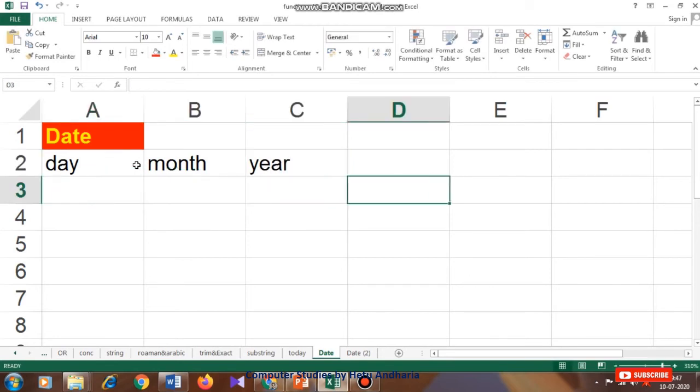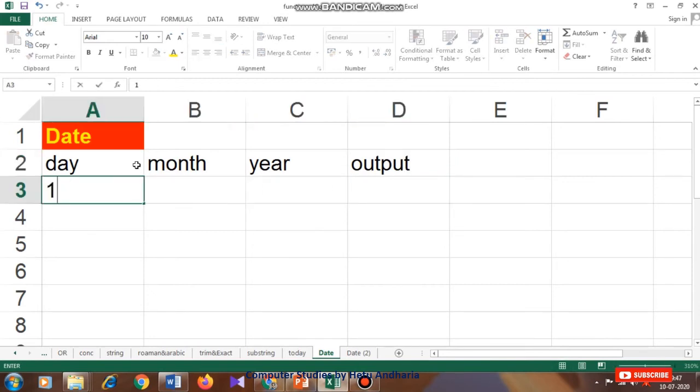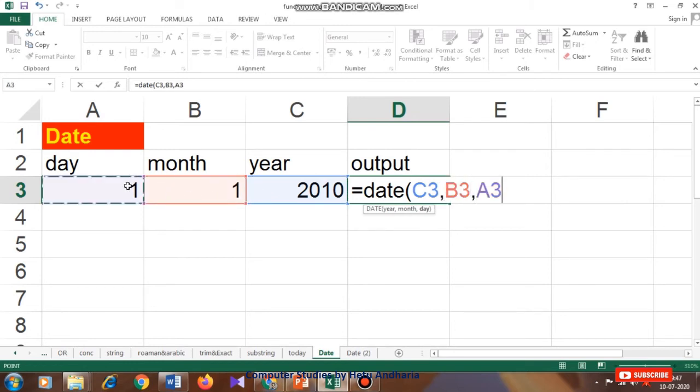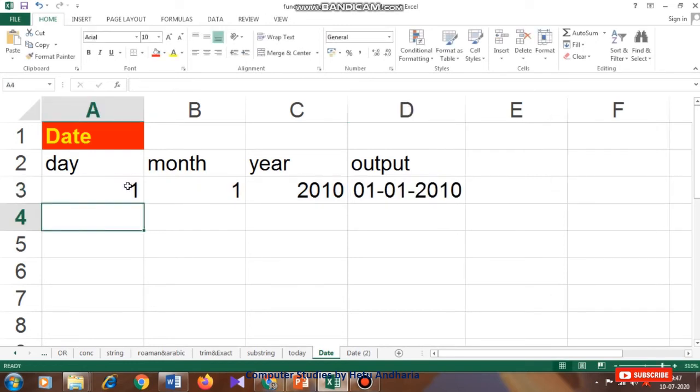Now here I will take the output. Here I type day 1, month 1, year 2010. Now I use the DATE function. So the first argument it will take will be year, the next argument month and then day. So it will give the output like this.